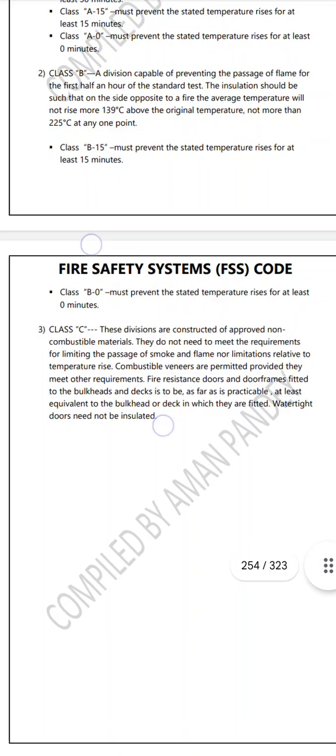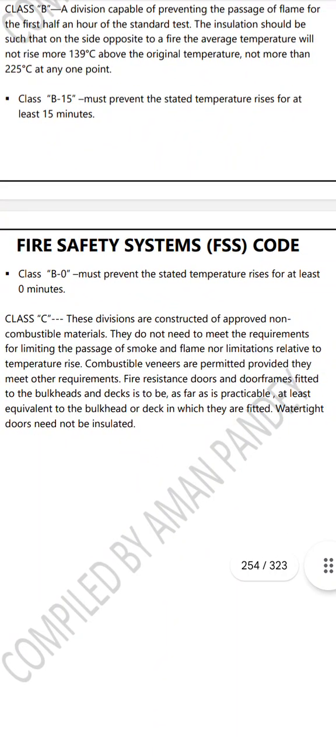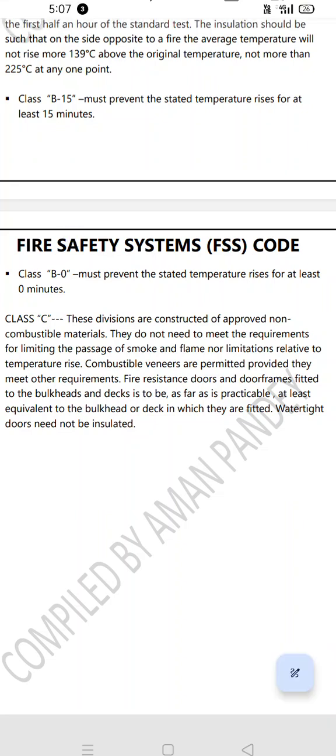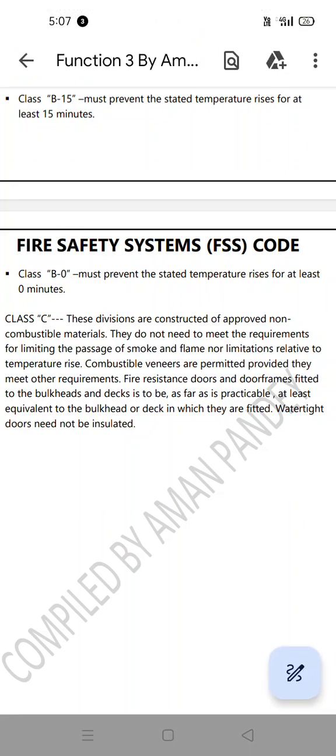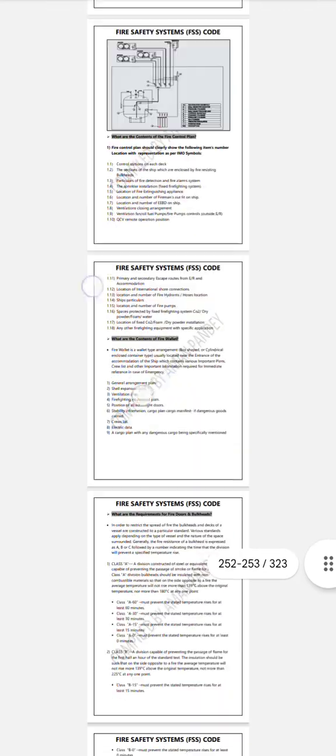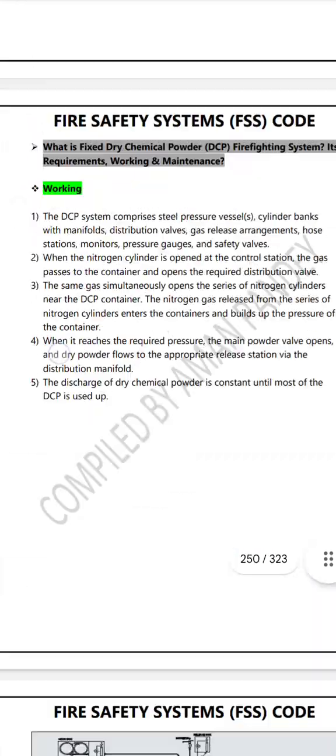C में these divisions are constructed of approved non-combustible material. They do not meet the requirement for limiting the passage of smoke and flame. No limitation is relative to the temperature rise. Combustibles are permitted if they meet other requirements. Fire resistant doors and door frames fitted to the bulkhead and the deck are to be as far as practical at least equivalent to the bulkhead or deck in which they are fitted. Watertight doors need not be insulated. So खाली बस ये बचा है वर्किंग ऑफ DCP।